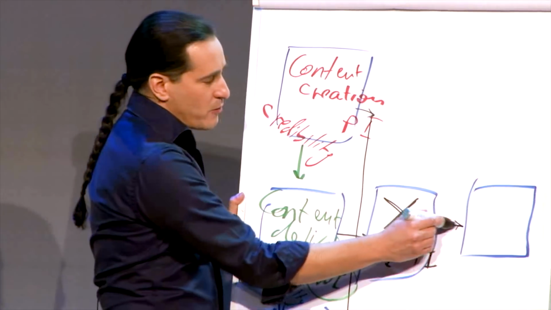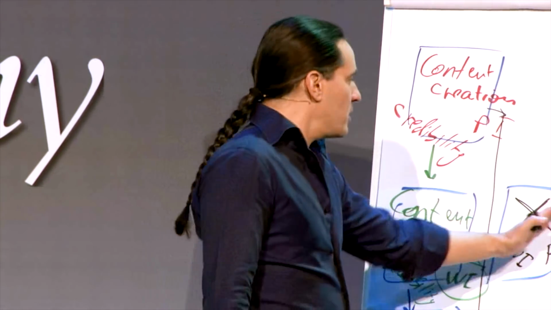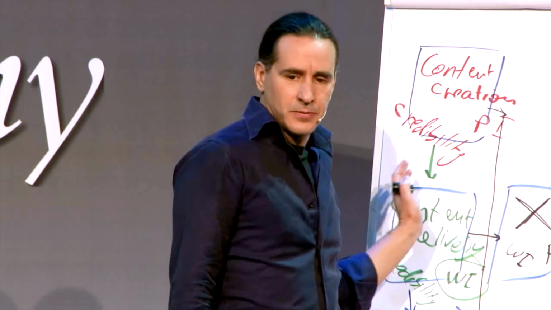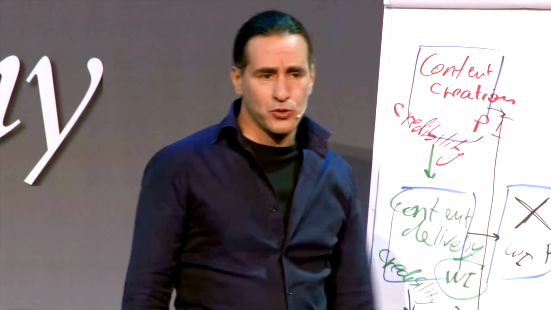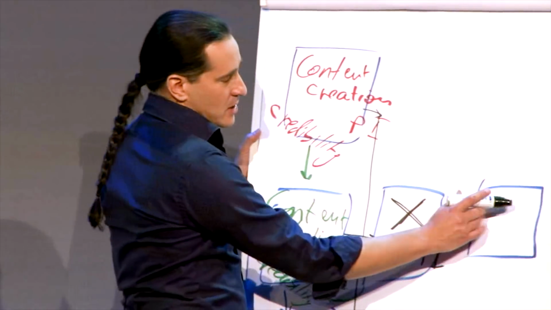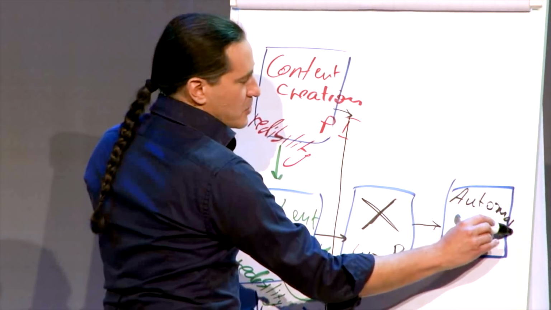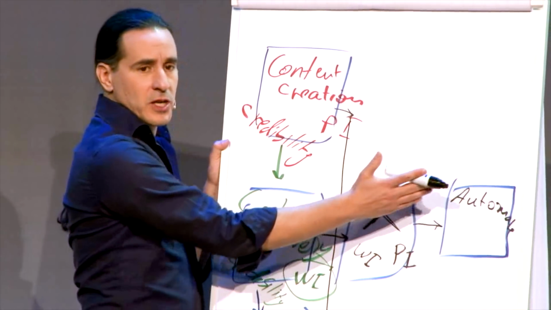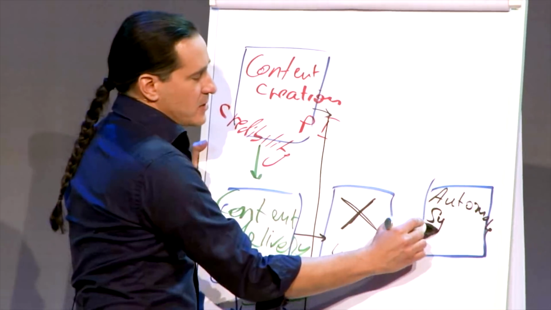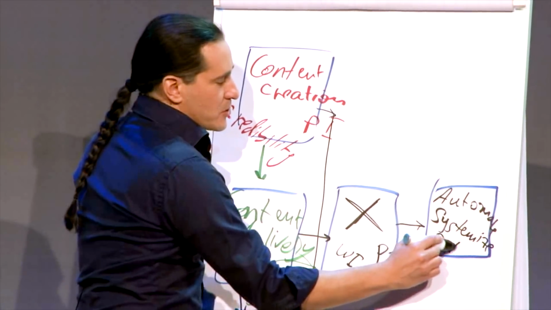Now you have the basis for a business. So far, you're still a solo player. Here, you can move, if you choose to become a business. And here is where you become that business. This is where you automate. I'm sorry for my small handwriting, so I'm reading it to you: automate, systemize, and outsource.